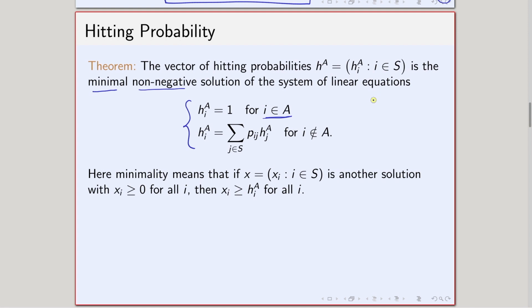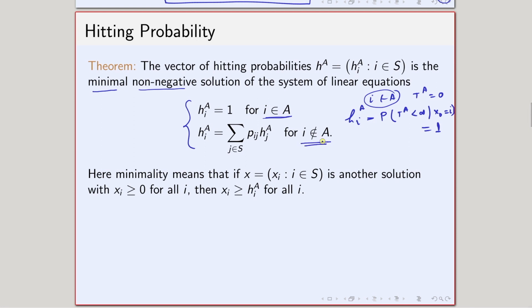Okay. So basically if I belongs to A, then T_A is 0. So if I start from A, then T_A is 0. So that says that the probability that T_A is finite, starting from X_0 equals i, is 1. Okay, and this is basically H_i^A. So if I start from A, H_i^A is 1. So 1 comes from there.